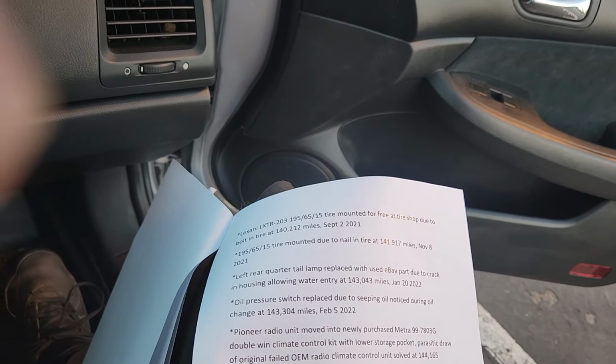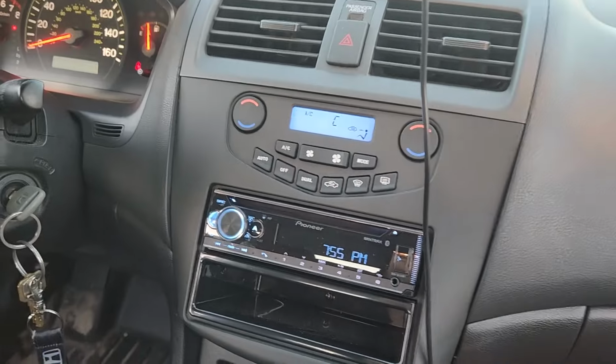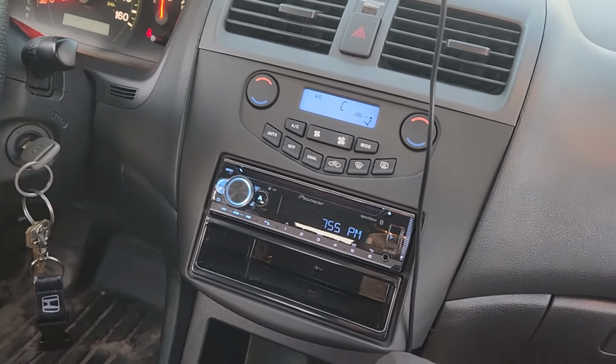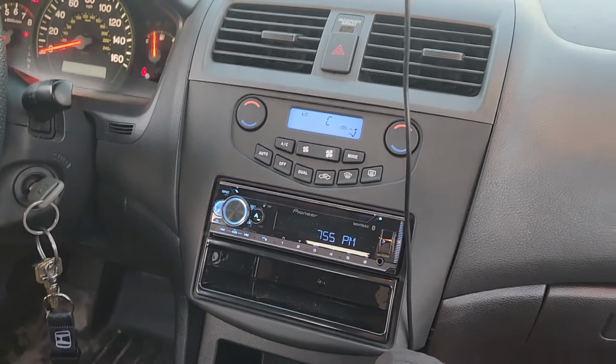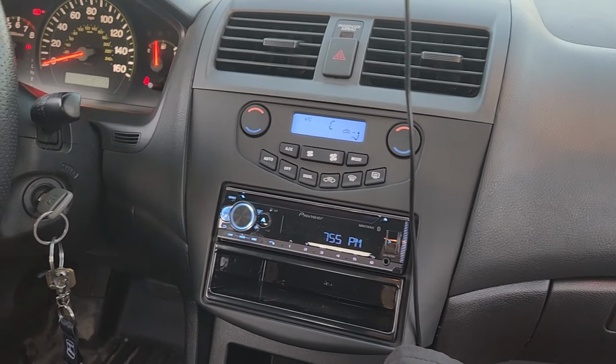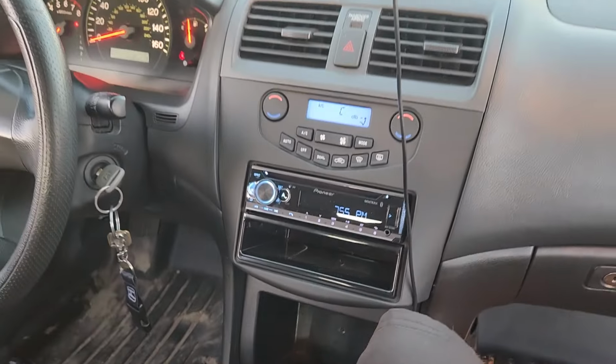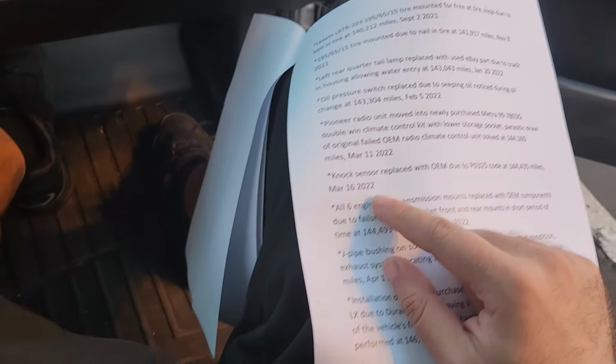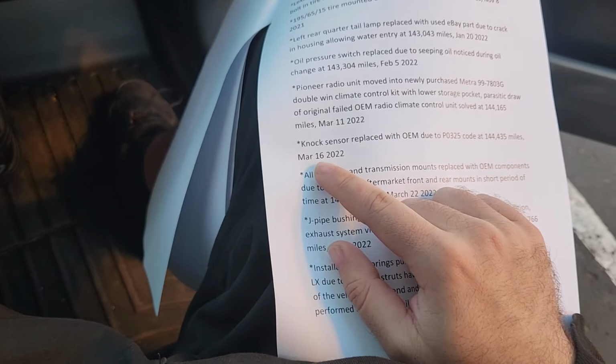This was really good. I got this Metra double-DIN kit. It's $250, but I think it's worth every penny on these cars. So I finally got rid of the OEM unit that was failed and having parasitic draw. Plus, this just looked a lot nicer. I had a little storage pocket installed, and I've been rocking with this setup ever since. No issues. So going to March of 2022 at